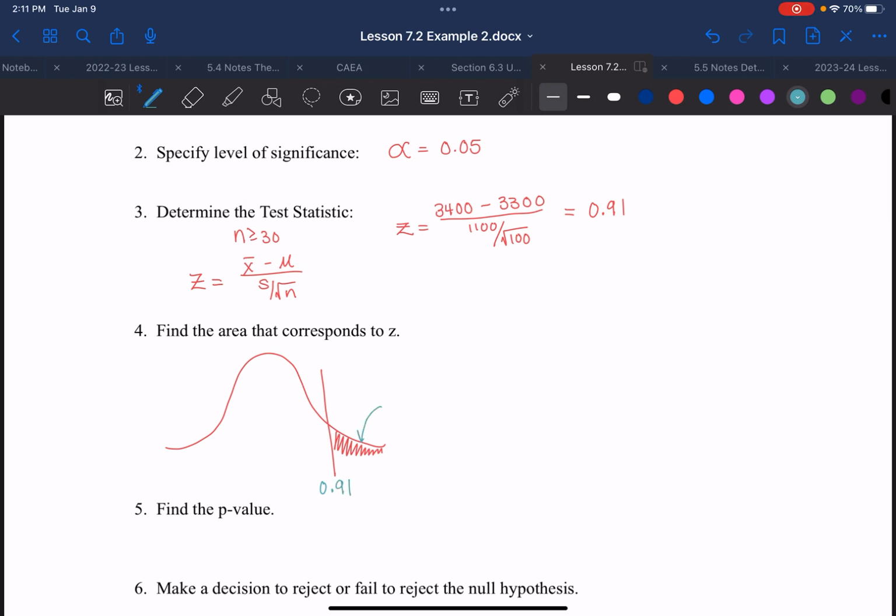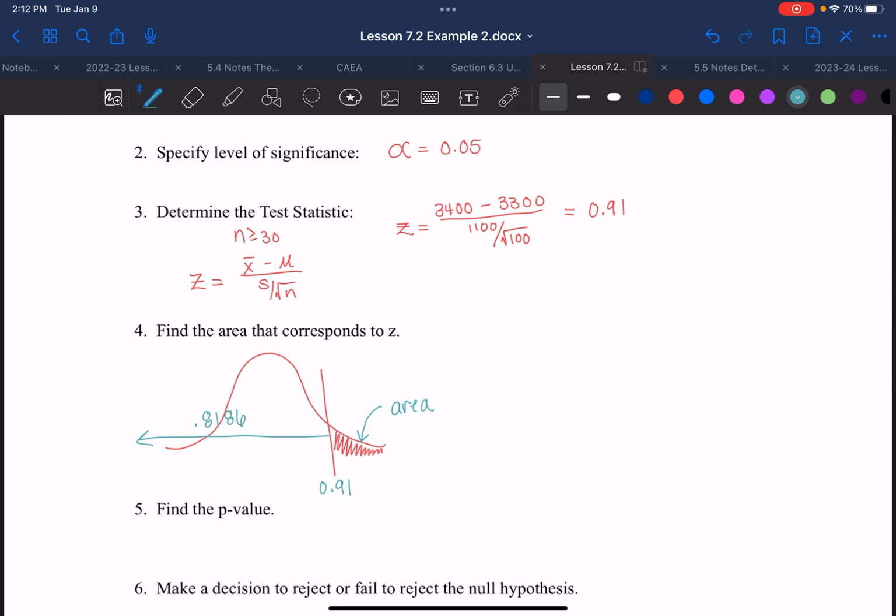That area becomes my p-value, my probability value. When I use my standard normal distribution table, I look up 0.91, and I find the area all the way to the left of 0.91 being